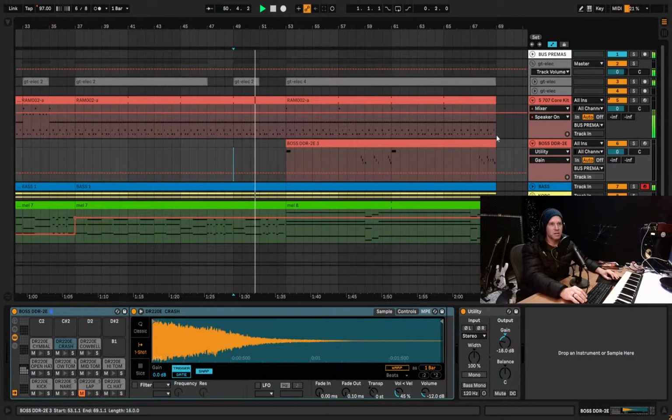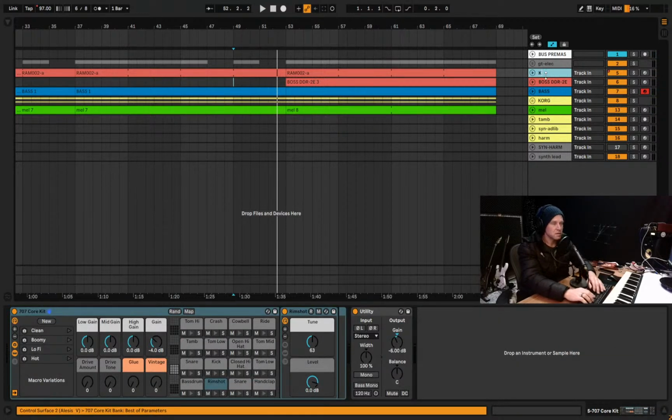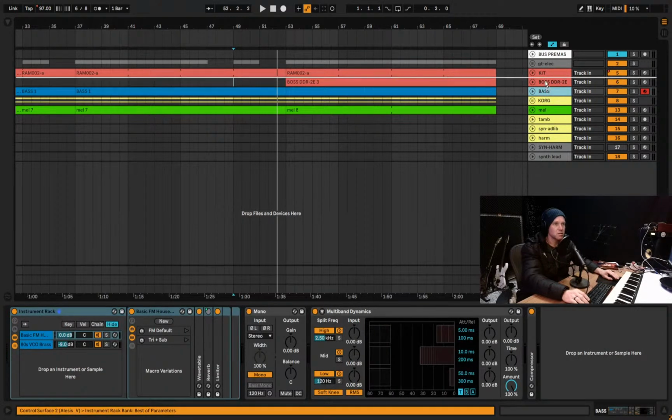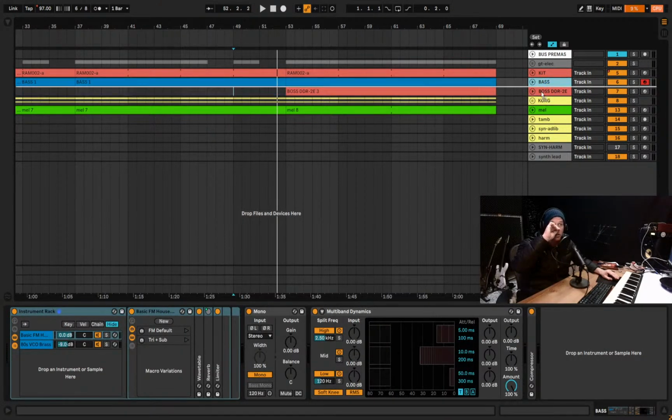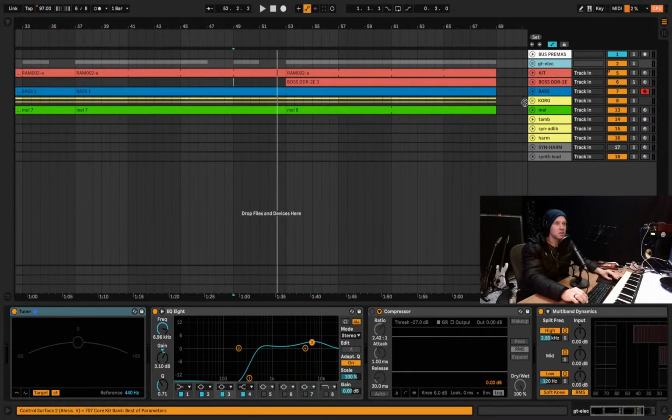Alright kids, what are we missing here? We need a little beat drop out. I've got all my stuff in the wrong place. Okay, so we need this to be kit, which is a 707, I think. Bass normally comes below that. Sorry, no, first all the rhythmic elements. Well, the rhythmic drum elements. So I do kit, bass,